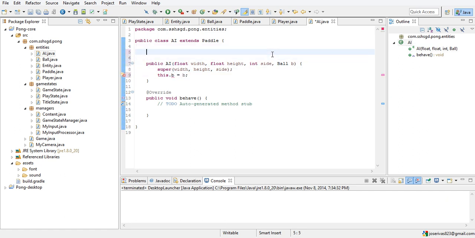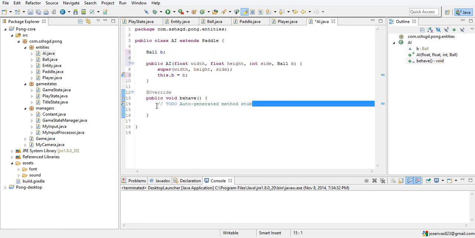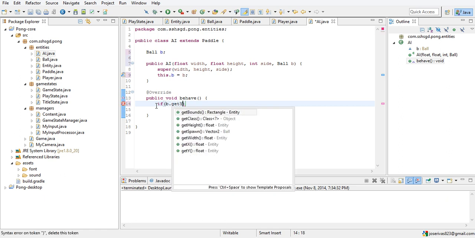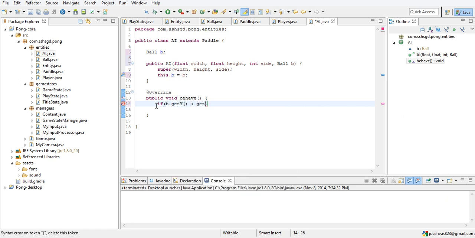We have to give this a ball b, because we're going to use the y position of the ball. So if b.getY is greater than getY plus getHeight, so if the ball is above it, y val equals 10, and then else if